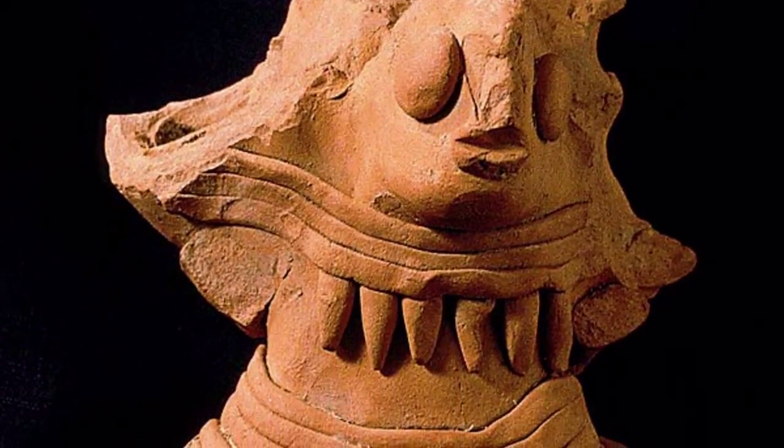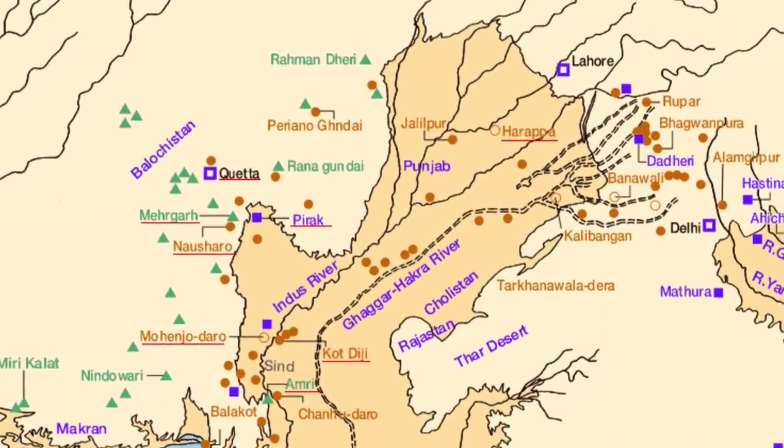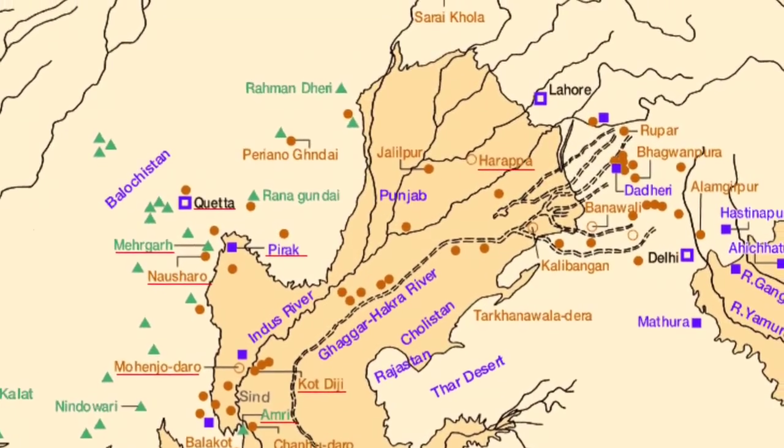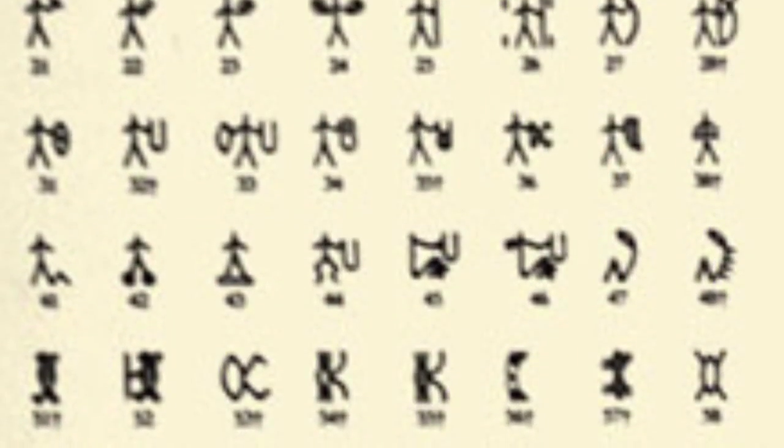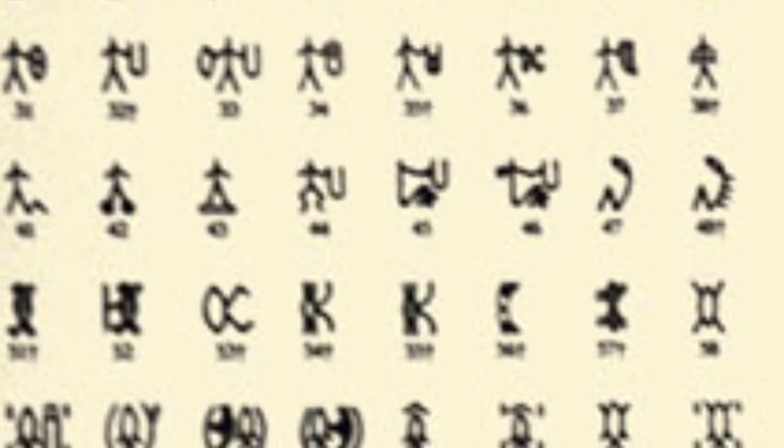The language is completely unrelated to anything else, meaning an isolate. Well, this doesn't get us anywhere. The language is Aryan, some form of Indian-Iranian Indo-European. The historical languages spoken in northern India and Pakistan all belong to the Indic branch of Indo-European. So maybe the people of Indus Valley spoke a very old Indo-European language.